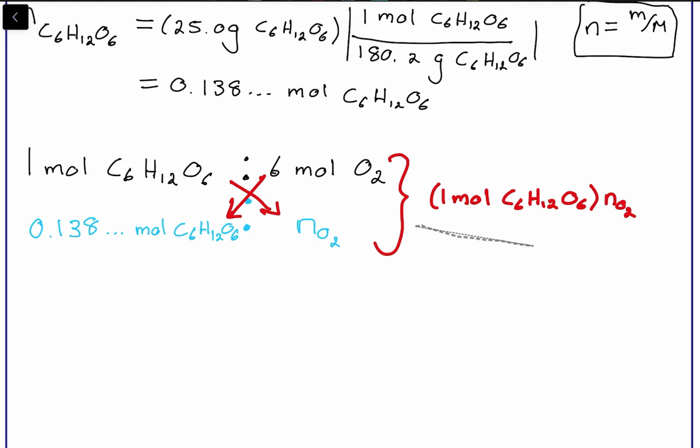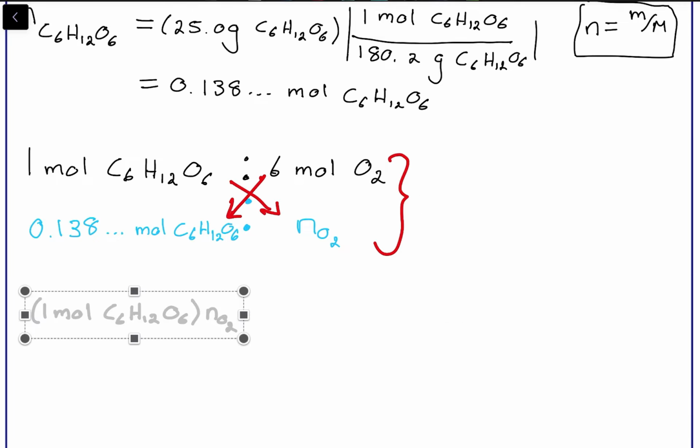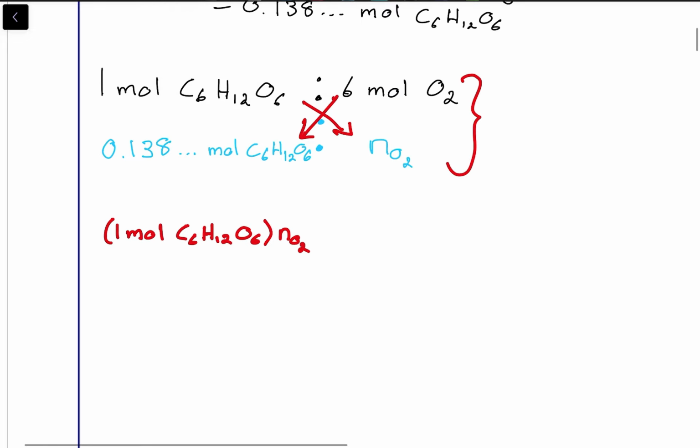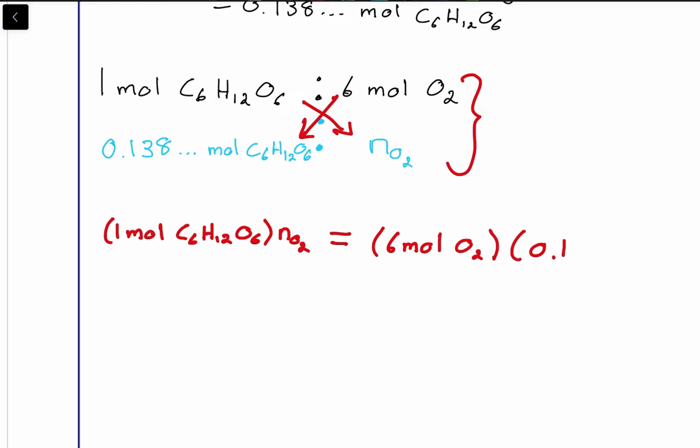I'm actually just going to move it here to the bottom, because there's a lot of writing to do. Oops, C in O2 equals 6 mole O2 multiplied with 0.138 mole